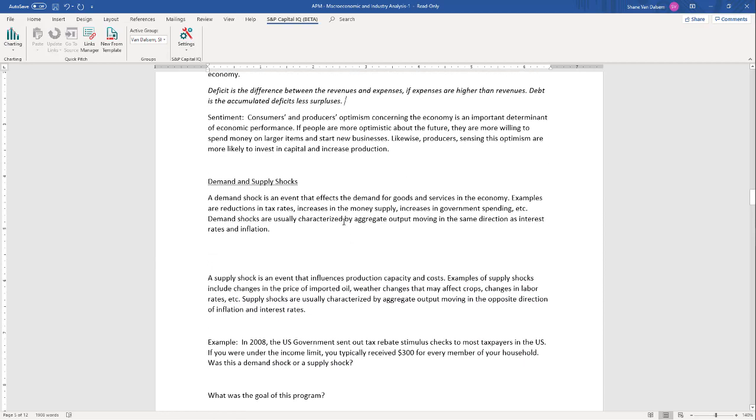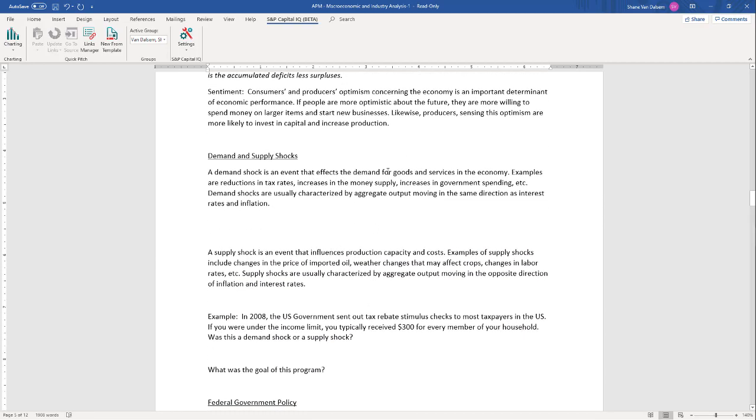So, demand and supply shocks. A demand shock is an event that affects the demand for goods and services in the economy. Examples are reductions in tax rates, increases in the money supply, increases in government spending, etc. We could say that right now the situation with the coronavirus, and really that combined with the government pushing people to stay home, don't go out with people in groups, don't go to classes, don't go to school,